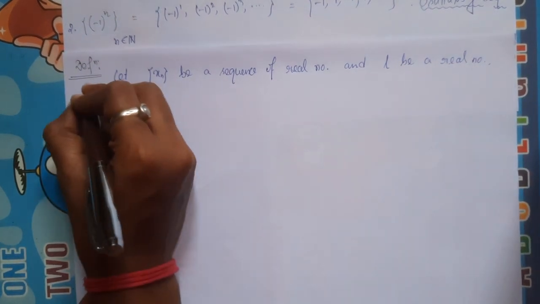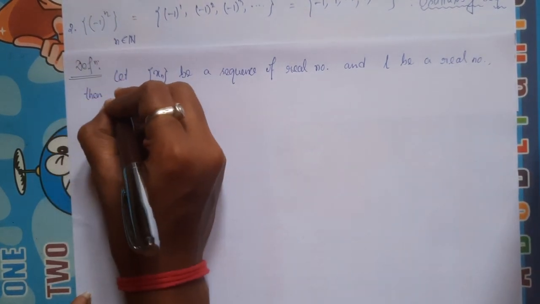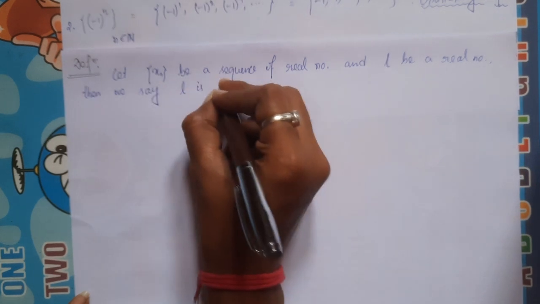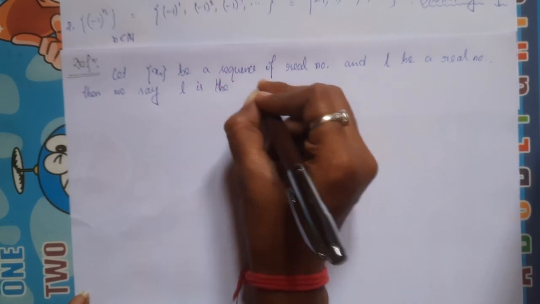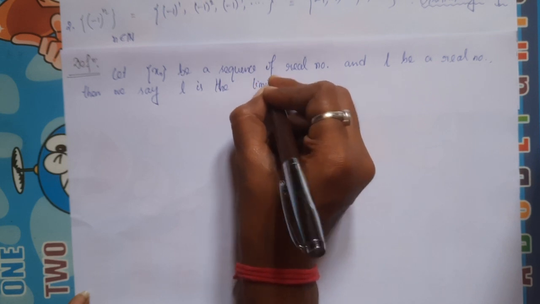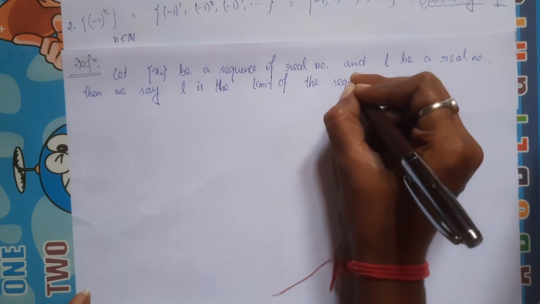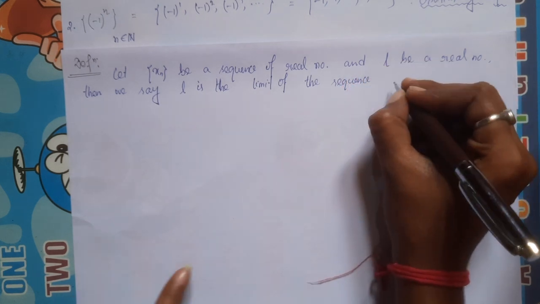Then we can say L is the limit of the sequence x_n